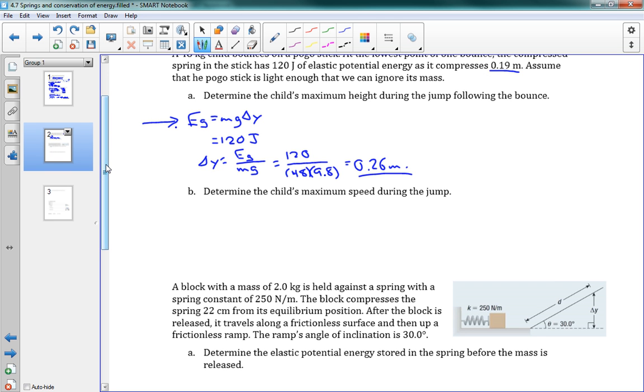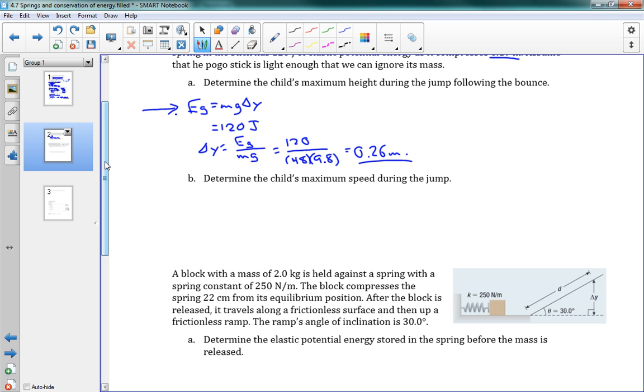So at the equilibrium point, our total energy is going to be equal to some gravitational energy and some kinetic energy. And we're not giving any energy now to the elastic energy of the pogo stick. That's why this is where we're going to have the most kinetic energy, because we're taking it all away from the spring. Good. So the gravitational energy here is going to be mg delta y